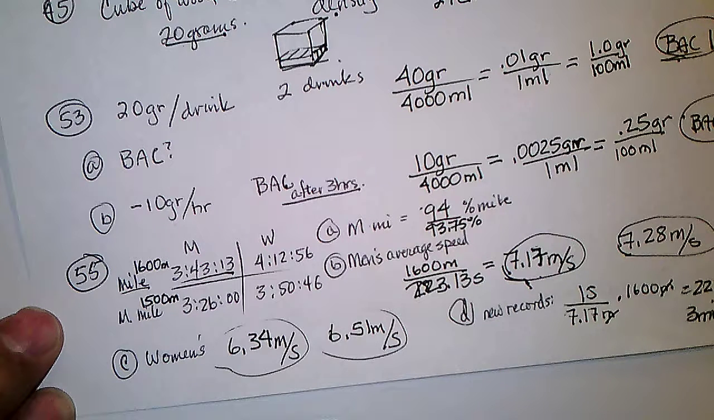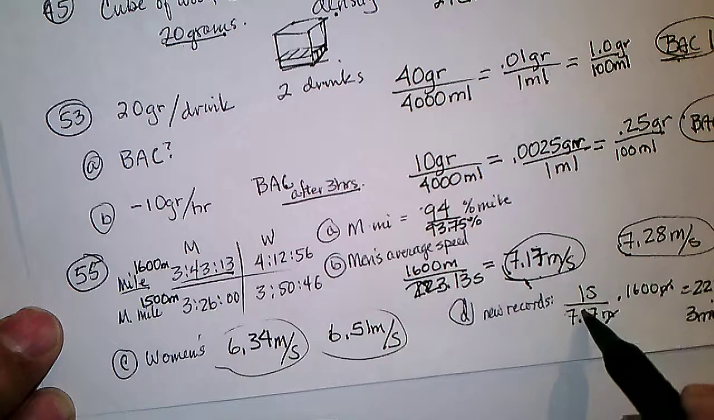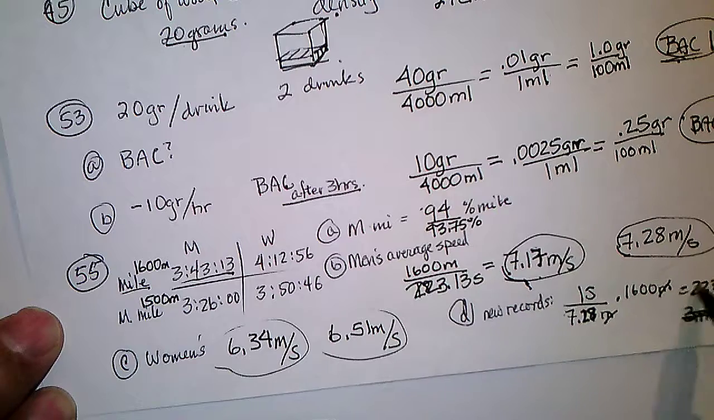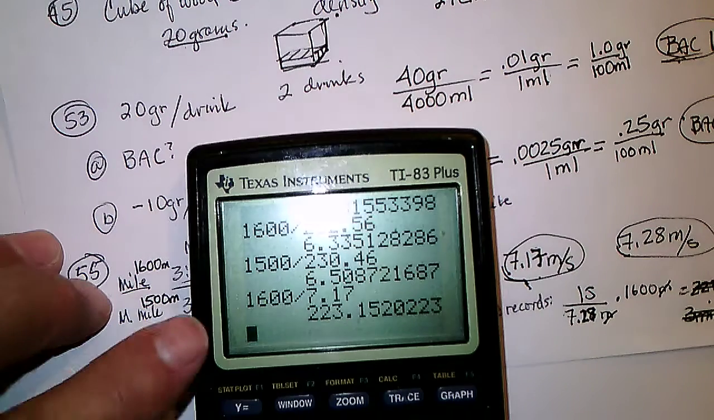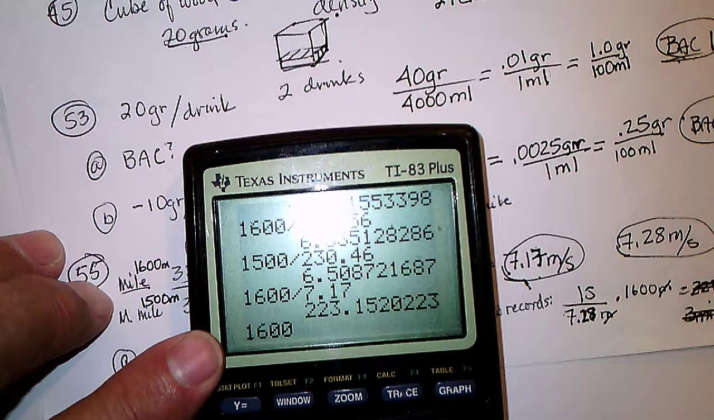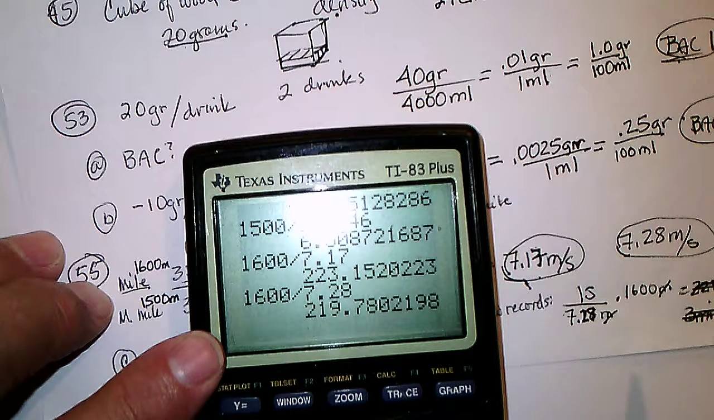Did I do the right ones here? No, I wanted to divide by the faster pace, 7.28. That's what I did wrong. So I want to take 1,600 divided by the faster pace, 7.28. Enter. So that's